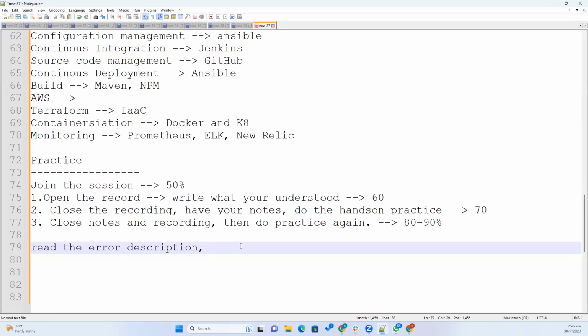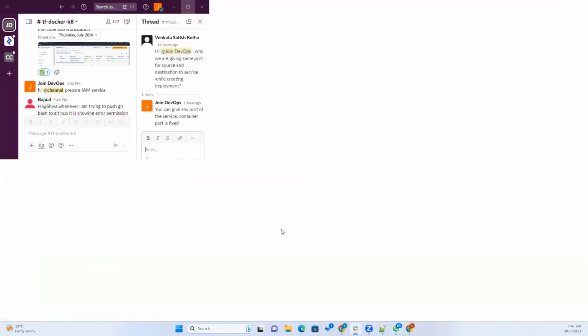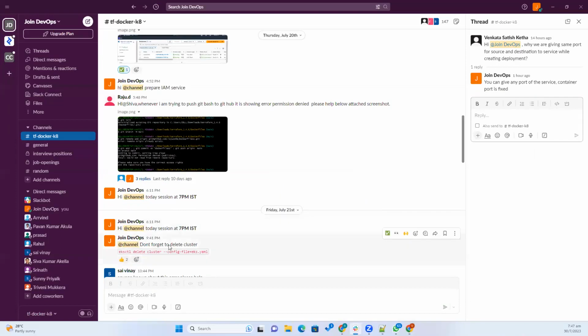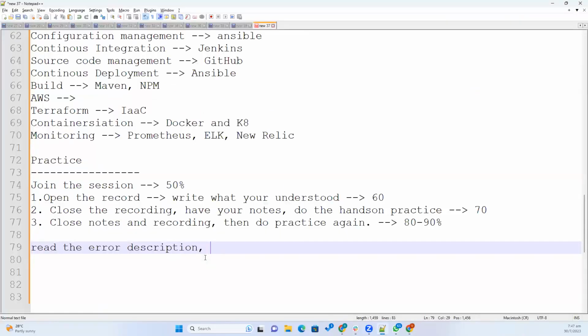Just try to spend some time, delete everything, recreate, and then try to understand what went wrong, what is going on in the background. And when you're not finding the result, definitely you can post it here. Any one of us, like me or other guys, will try to clear it, or you can watch what others are getting doubts about. You can also try to clear others' doubts. That is the way you learn properly. And you can always join the Q&A session. You can share your screen if that is really worrying you. So that is how you should do the practice.